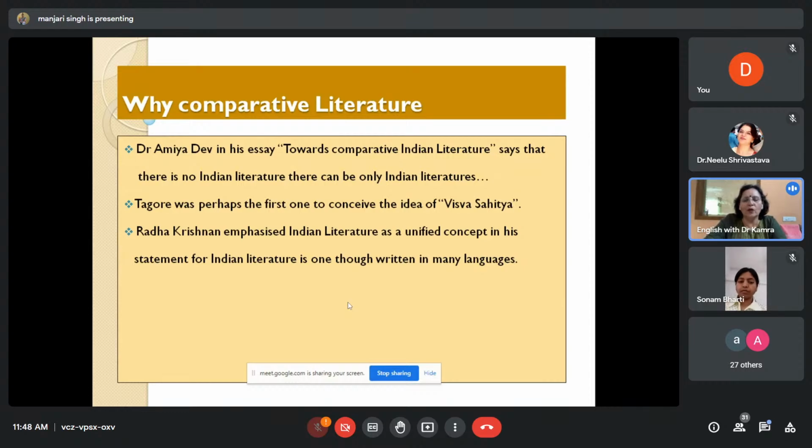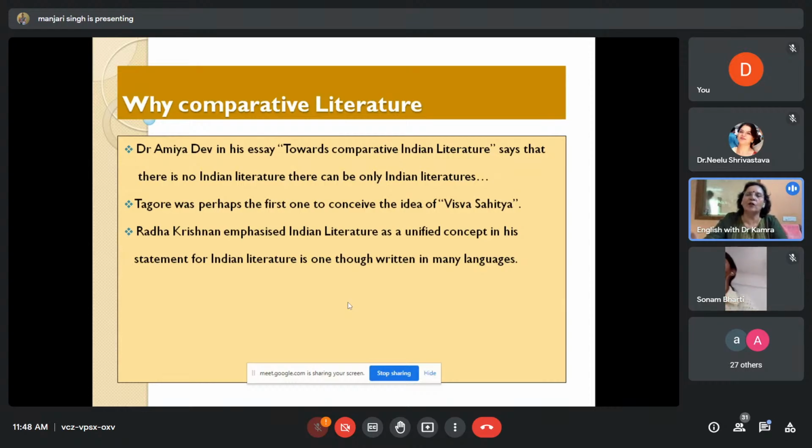See, the first one, Dr. Amiya Dev, in his essay "Towards Comparative Indian Literature," says that there is no Indian literature that can only be Indian literatures. There is no Indian literature; it should have been a comma. They can only be Indian literatures because